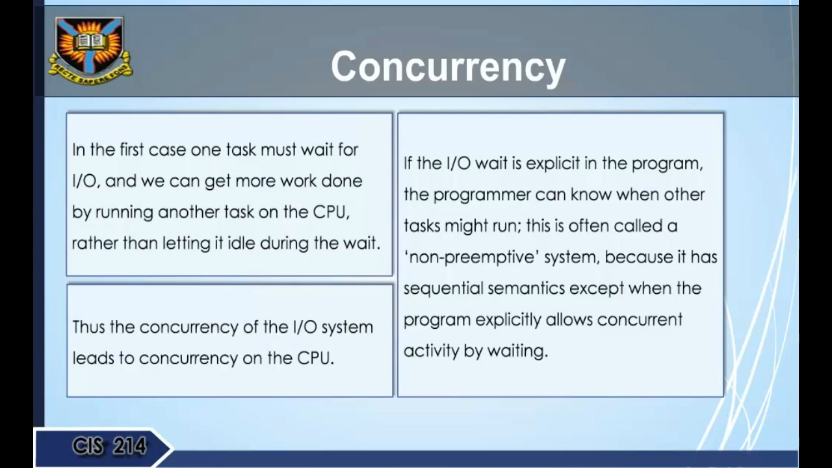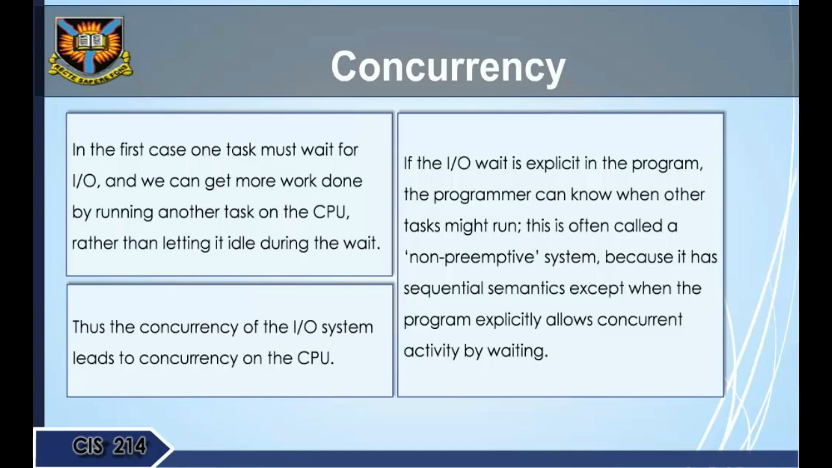In the first case, one task must wait for I/O and we can get more work done by running another task on the CPU rather than letting it idle during the wait. Thus, the concurrency of the I/O system leads to concurrency on the CPU. If the I/O wait is explicit in the program, the programmer can know when other tasks might run. This is often called a non-preemptive system because it has sequential semantics except when the program explicitly allows concurrent activity